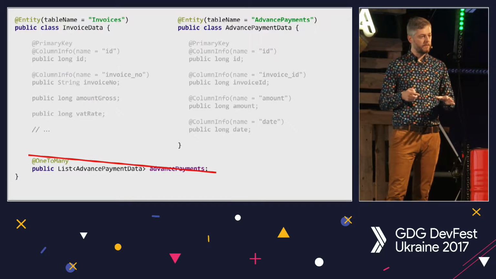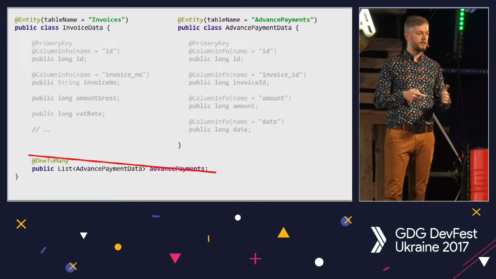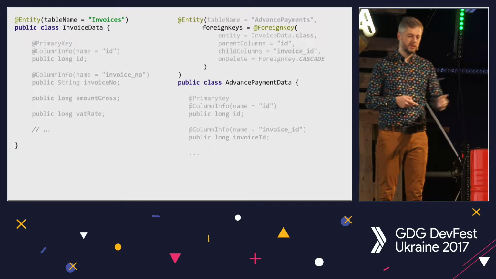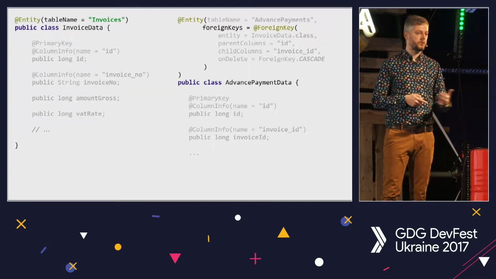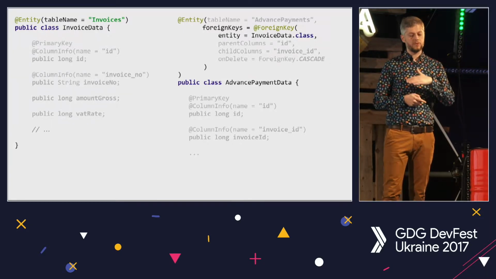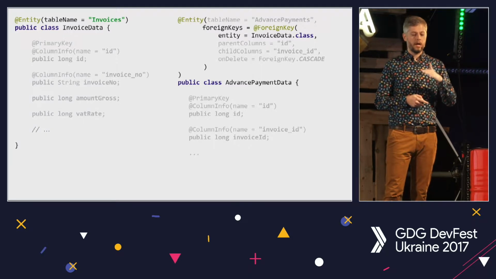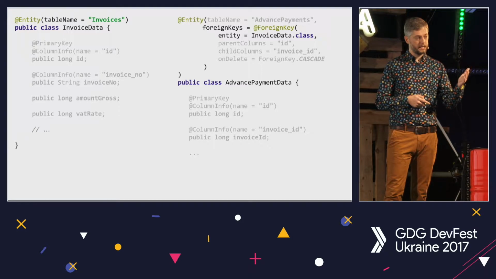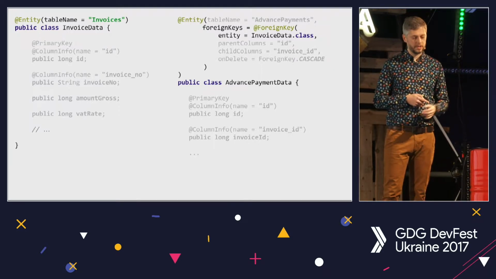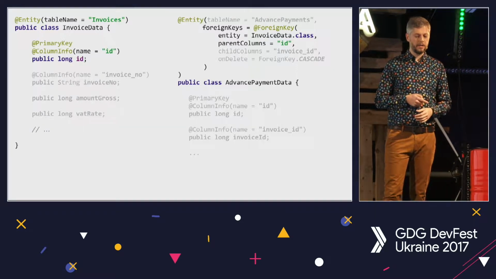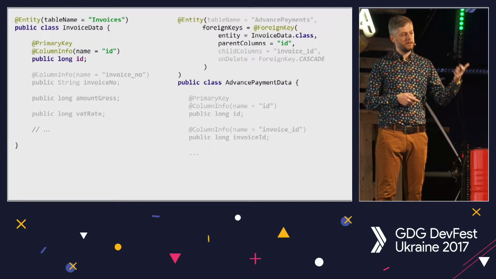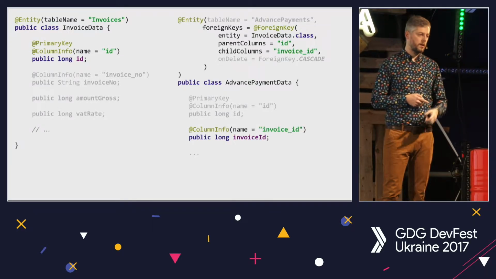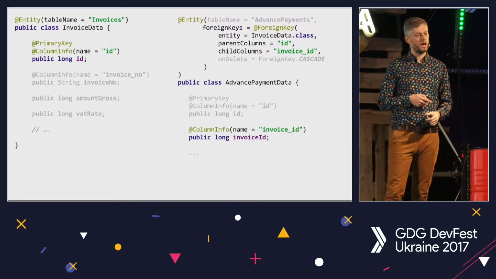So I cannot do that. And at entity level, to say that there is any relation, all I can do is basically to add a foreign key. So I just add that as a parameter to entity. So in this case, I'm just adding entity foreign key for advanced payment. All it says that there's this invoice data that's going to be like parent for this entity. I should take ID from the invoice data